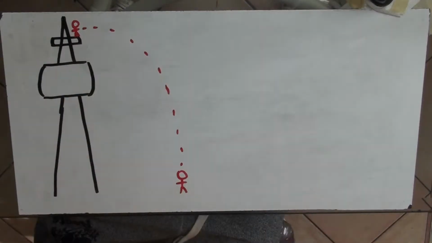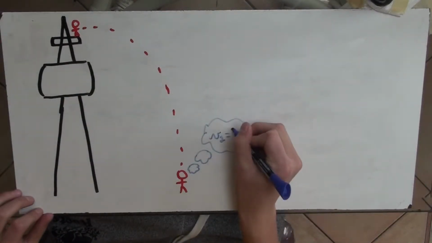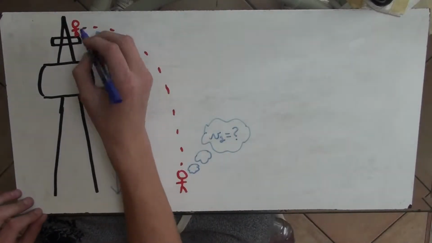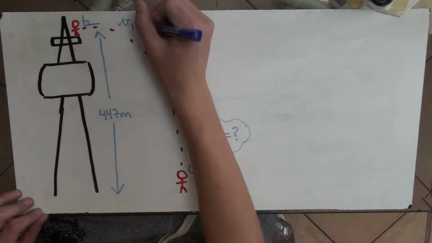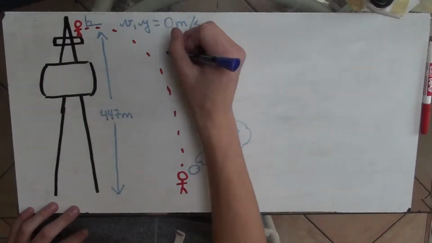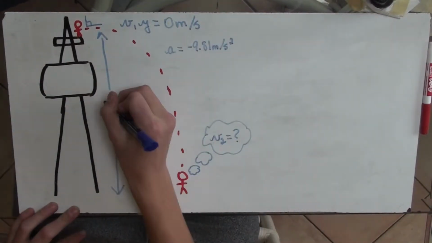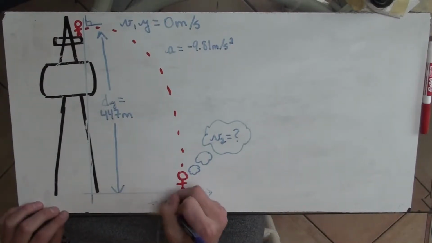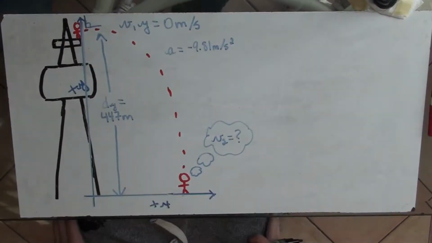all our variables, like how tall is the CN Tower? We know the Skypod, the tourist attraction, is 447 meters tall, and we know that the penny is thrown with no initial y velocity, or perfectly horizontal, and we know the acceleration of gravity on Earth is negative 9.1 meters per second squared. Since the CN Tower is so tall, we need to figure out if the penny reaches something